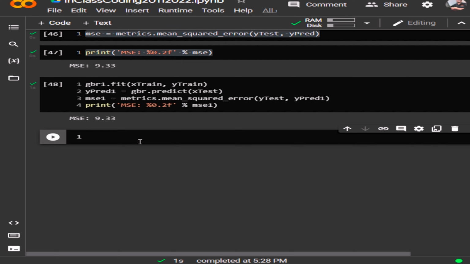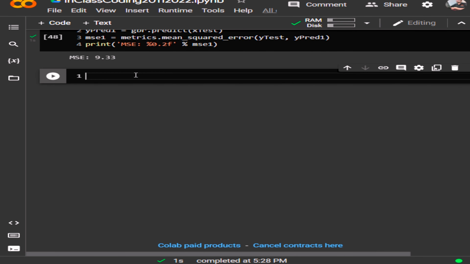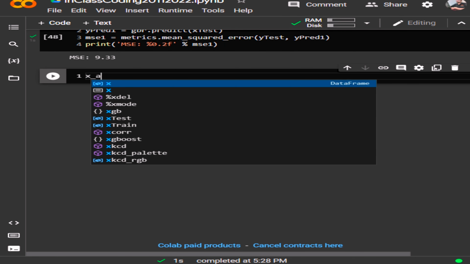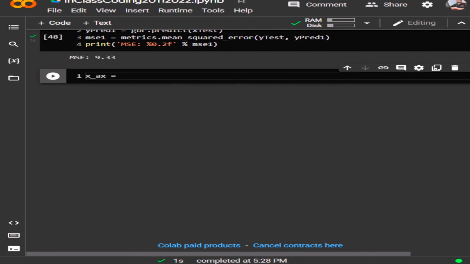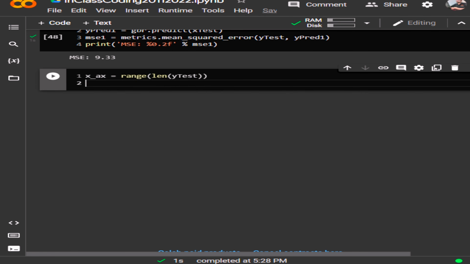Let us try to visualize both of them. Let me create a range that is equal to the length of the testing samples. I will create a scatter plot